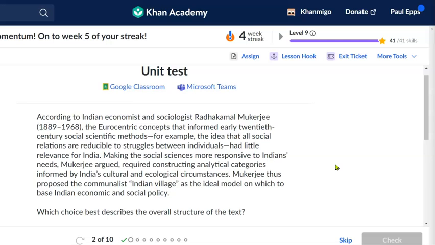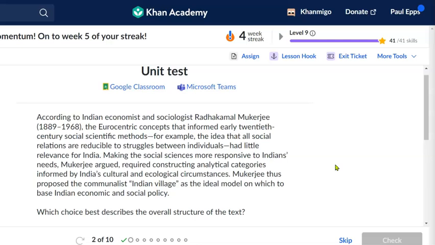According to Indian economist and sociologist Radhakamal Mukherjee, the Eurocentric concepts that informed early 20th century social scientific methods, for example, the idea that all social relations are reducible to struggles between individuals, had little relevance for India. Making the social sciences more responsive to Indians' needs, Mukherjee argued, required constructing analytical categories informed by India's cultural and ecological circumstances. Mukherjee thus proposed the communalist